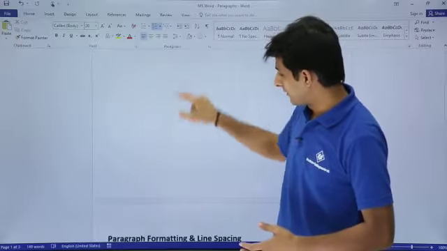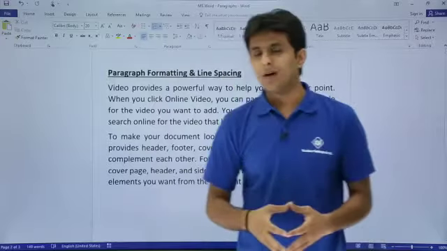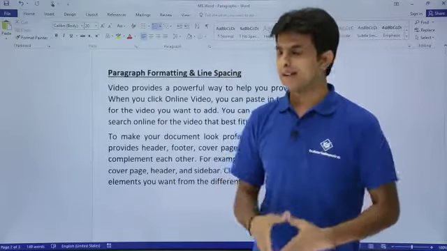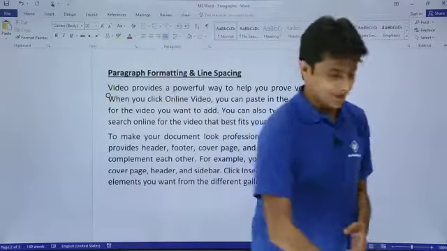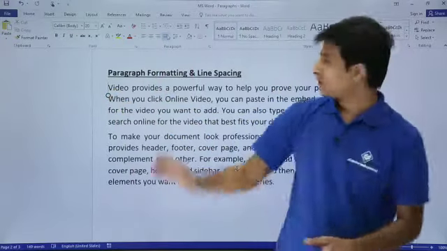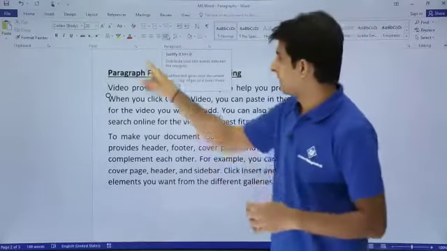For that I have written some text here. Now I will try to format it in left, right and center alignment. I will just keep my cursor at this place. If I keep my cursor, it says it is selected, that means it is justified. So what exactly is justified? First I will explain this one.